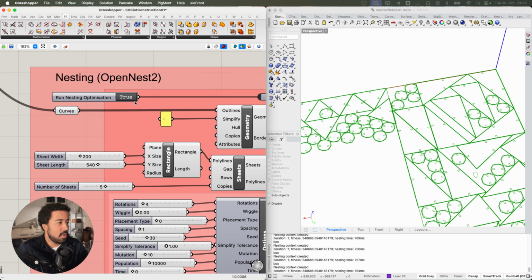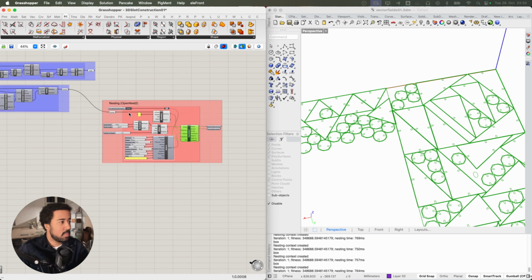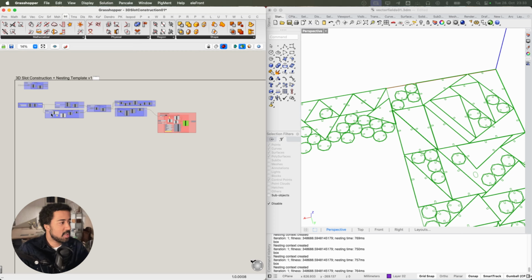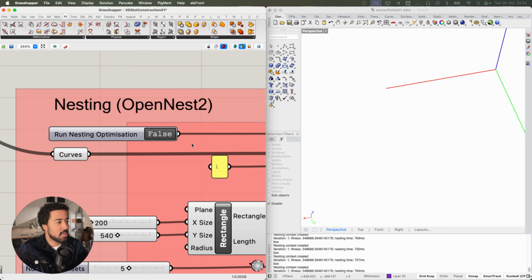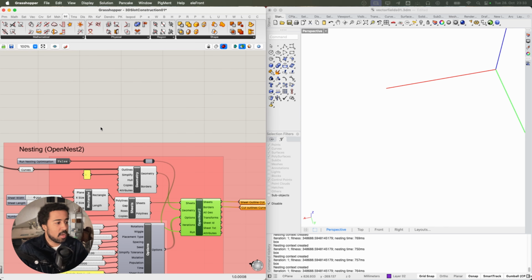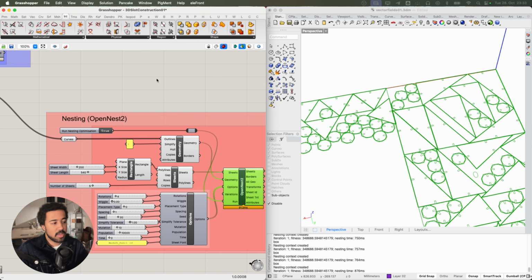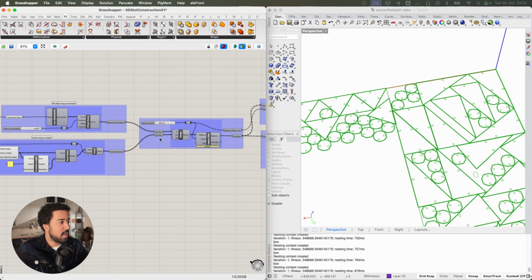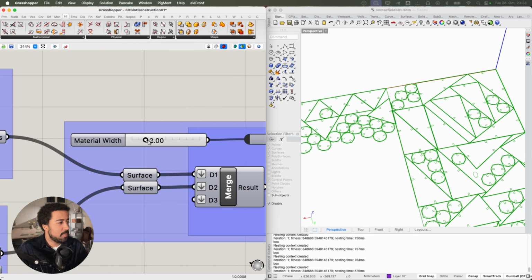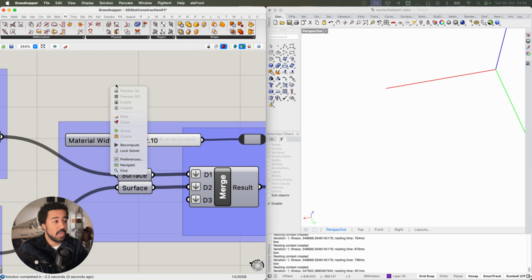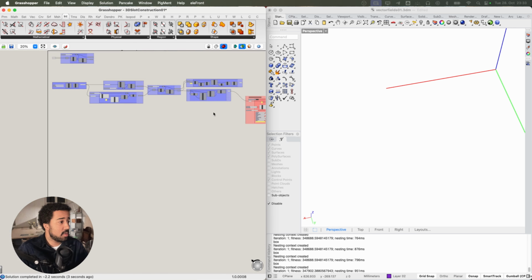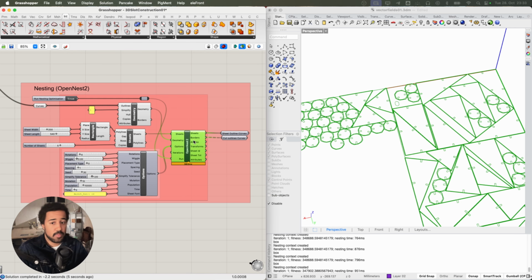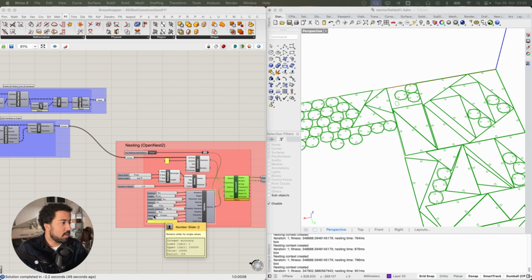Of course, if you're doing anything else, if you're changing parameters in the front of the definition, you should always turn this to false, simply to make sure that your definition stays responsive and fast, because every time OpenNest runs, it takes a second. So every time I do any kind of change here, the definition basically freezes until the nesting was done. That's it for